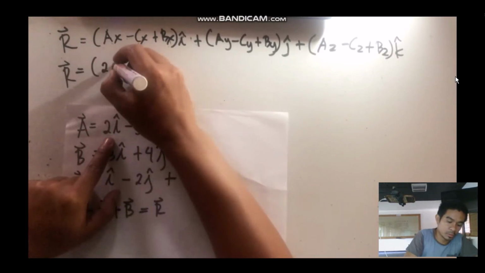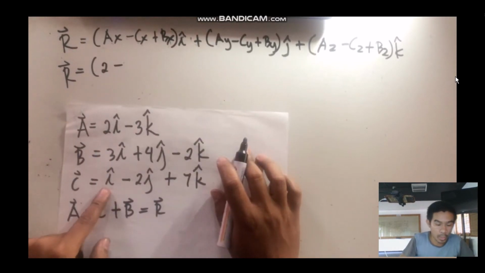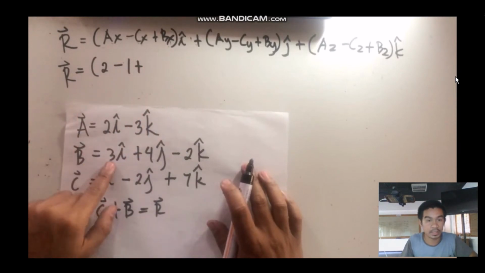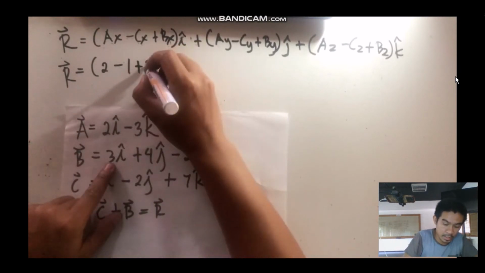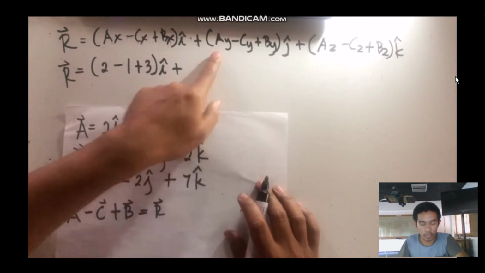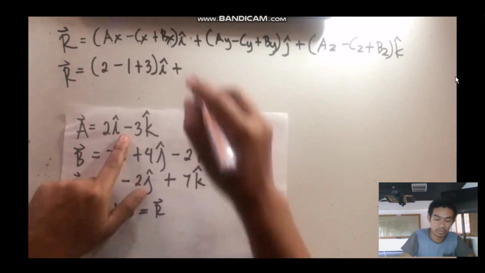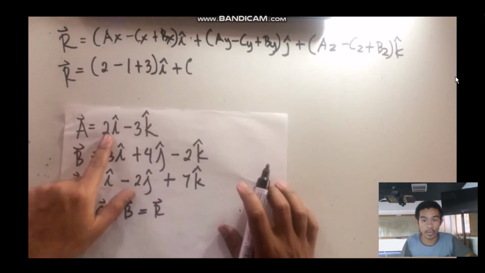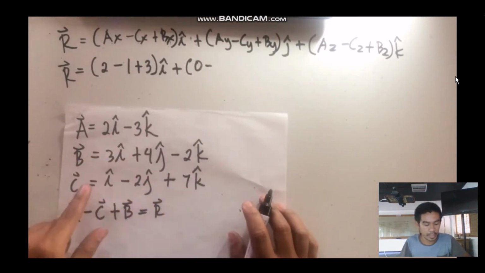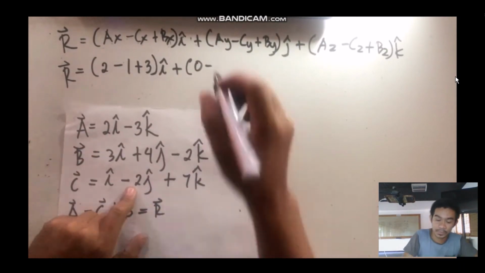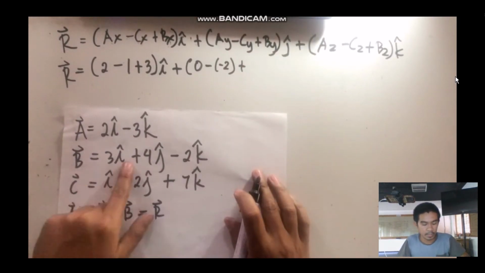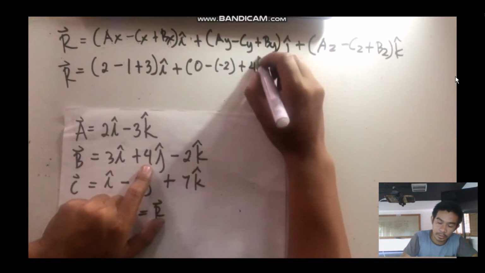Right, 2 minus C of x, 1, plus B of x, which is 3, I hat plus, what is A of y? 0. Vector A has no y component, so 0 minus, what is C of y? Negative 2, so minus negative 2 plus B of y, which is 4, times j hat